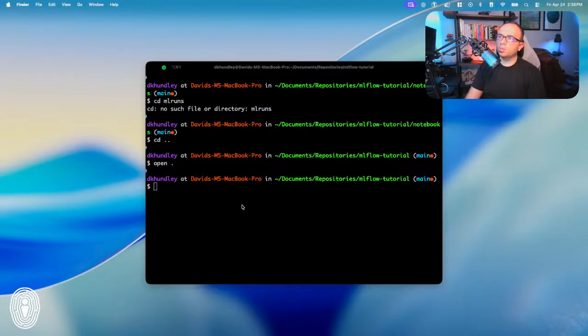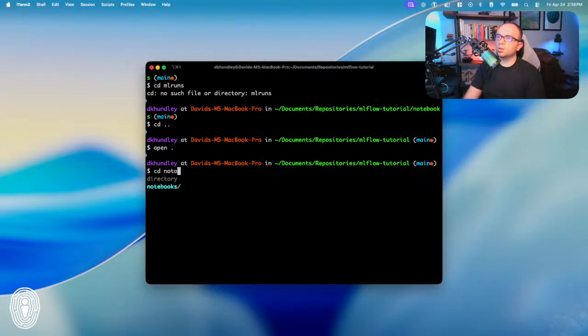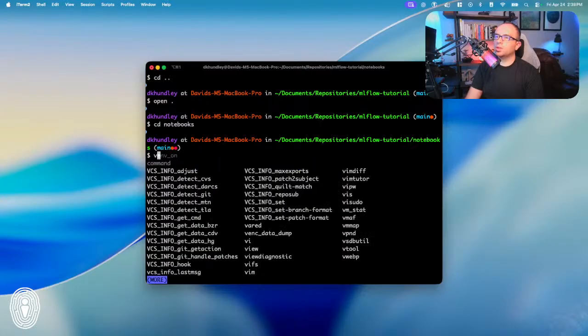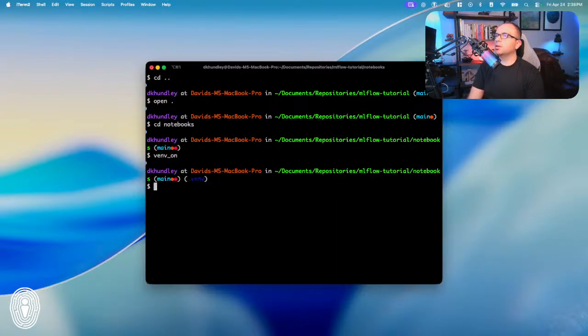So I'm going to go back into my notebooks, cd notebooks, run MLflow. Do I need to turn on my virtual environment again? By the way, in case you're wondering what that shortcut is actually doing, I learned that through Git, you can use Git to determine the root of the repository.